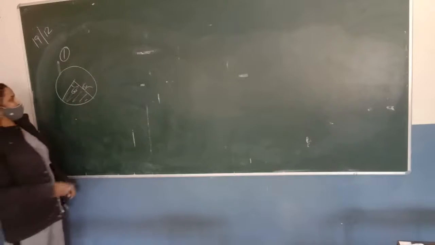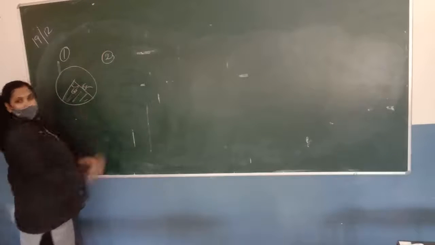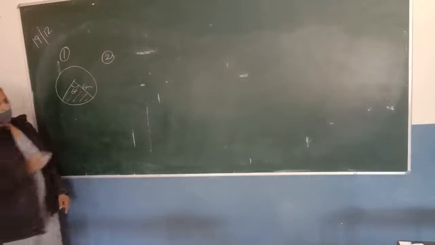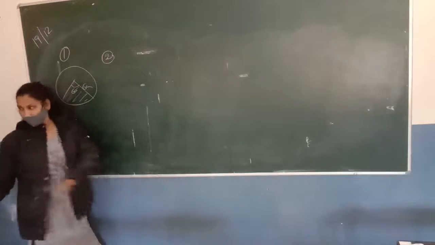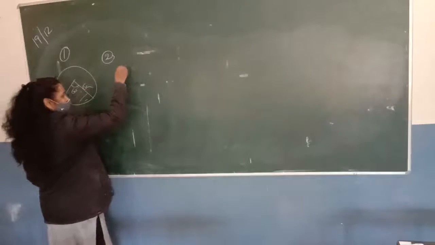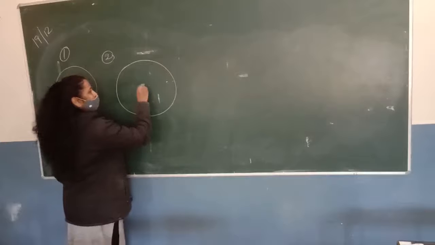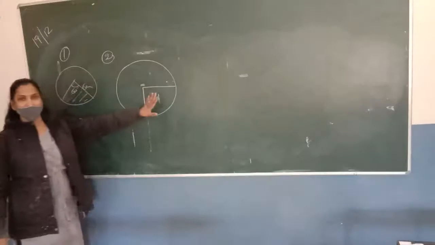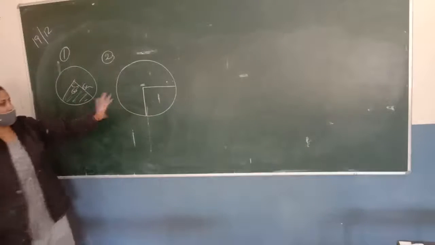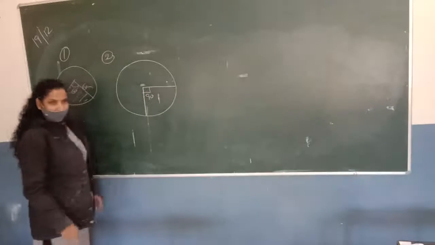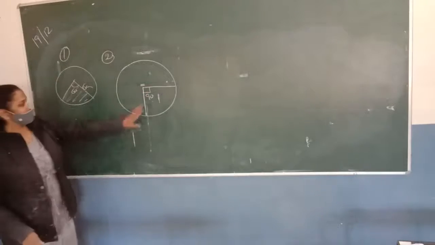Now the second question, Rishan. You can do it yourself now. Good. Second. Find the area of a quadrant. Okay. Just hold. First, I have to explain what is a quadrant here. Quadrant means the 1/4 piece. This is called the quadrant. The sector in which the angle is of 90, we call it a quadrant.